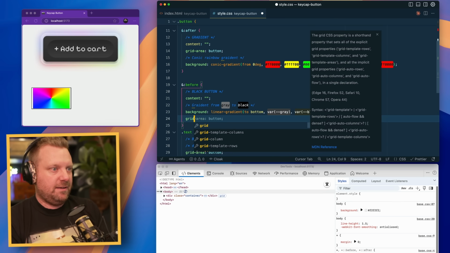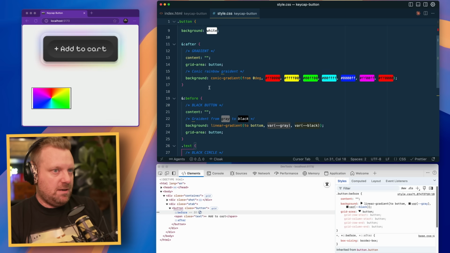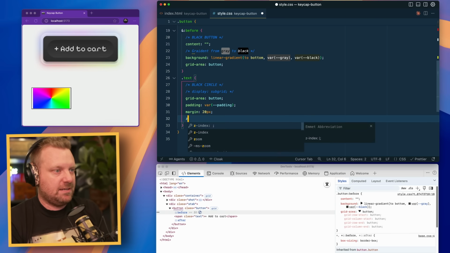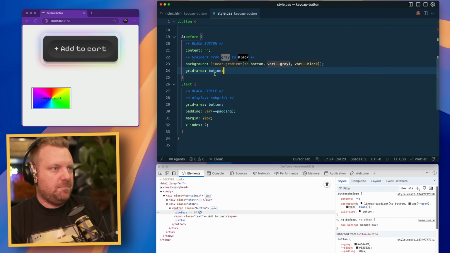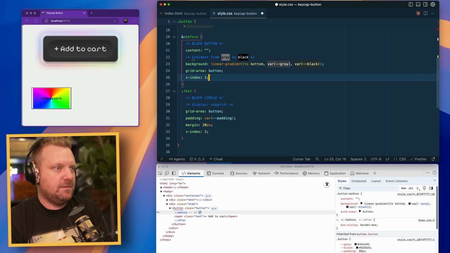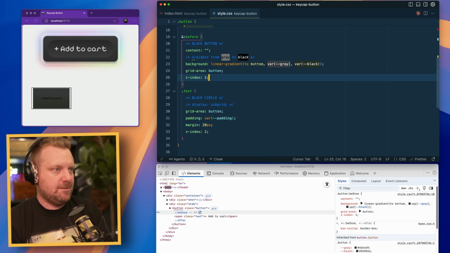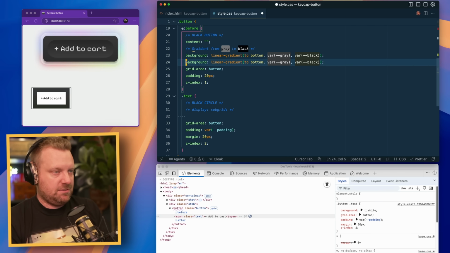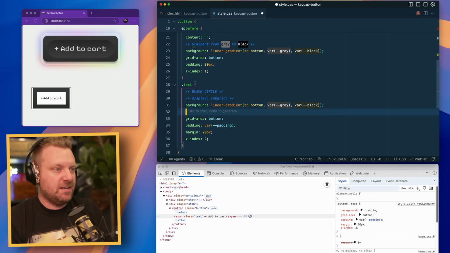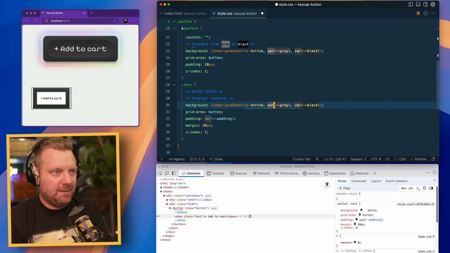The grid area is button as well. Now we need some z indexes to start stacking everything. So the text z index is going to be 2. The black button z index 1. And then we're going to take that gradient and just reverse it, right? So it was gray to black, and we're just going to switch it from black